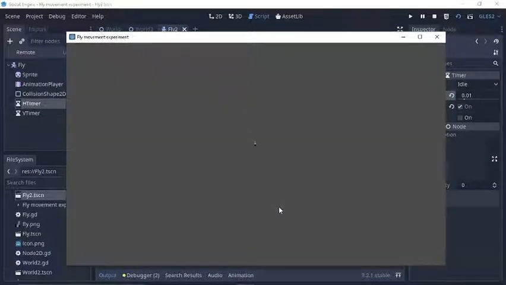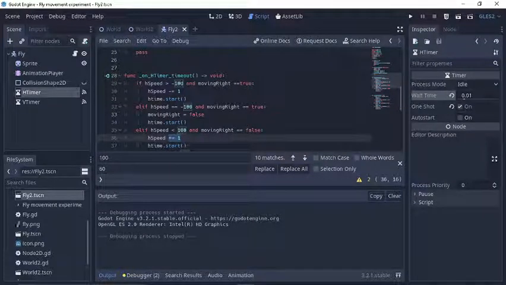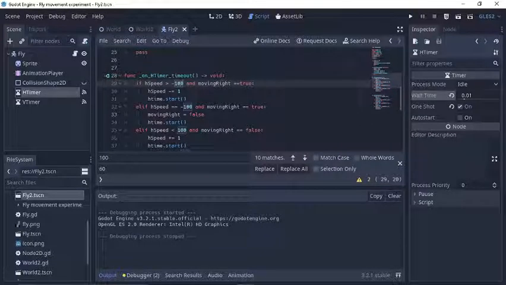Let's see. Yeah, that kind of works. Well, wait, actually, you know what? Come to think of it, if the timer is slower, then just make your maximum and minimum H and V speeds smaller so it doesn't have as far to go to reach the extremes. That might also work. So like if I say, I'll go back to doing 0.1, like we said, 0.1,